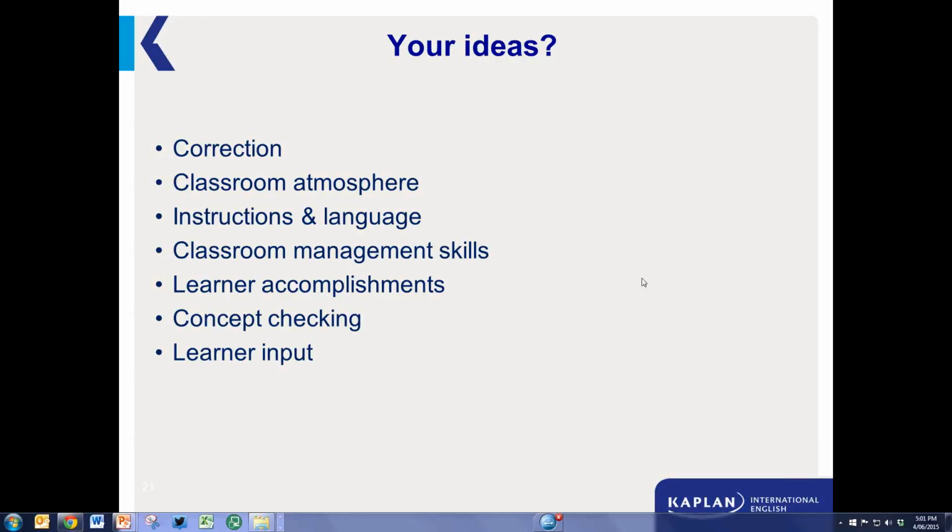Other areas where I think there's room for development: the students were engaged, but was their participation in the lesson maximized? And perhaps there's things like eliciting, and more personalization. We tend to bring personalization in at the end of language lessons, but why can't it be integrated through the whole lesson?